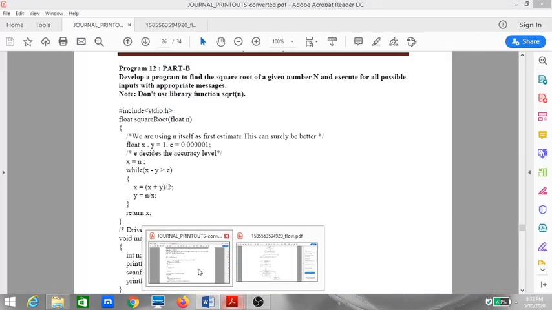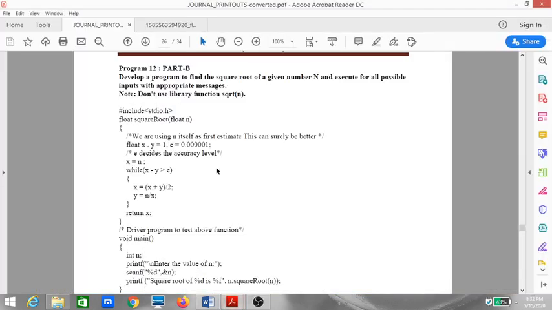So let us look at the program itself. First we'll start with the main, because without main this program will not work. In the main function we declare a variable n which will store the value from the user. To accept the value, we give a message first saying enter the value of n, and then accept that value in the variable n with the help of a scanf statement. And here ampersand n is compulsory because we need to know the address of n.